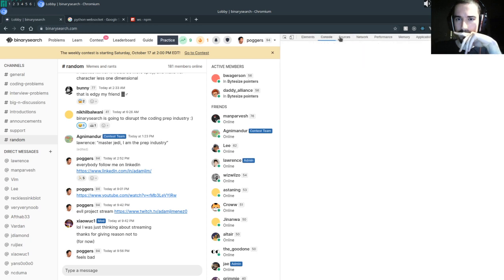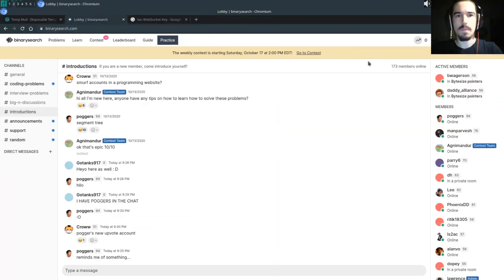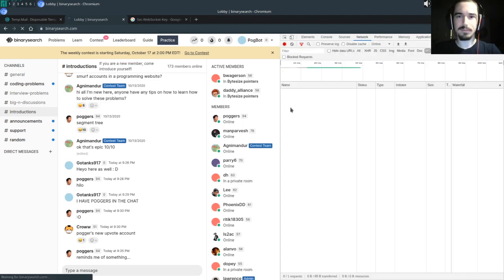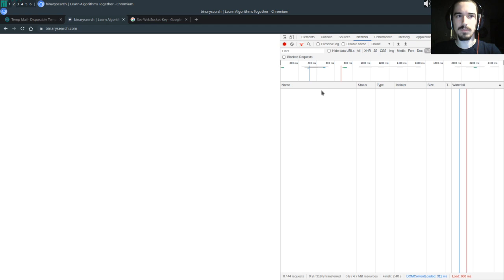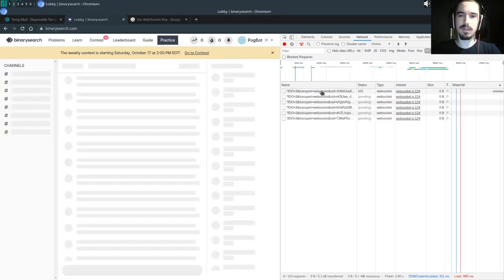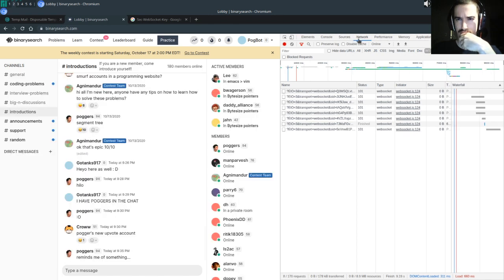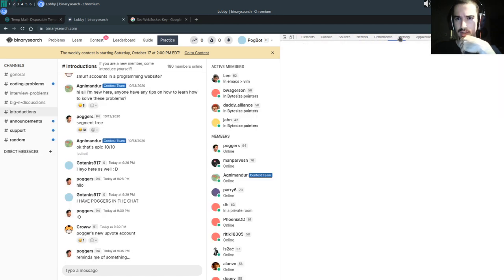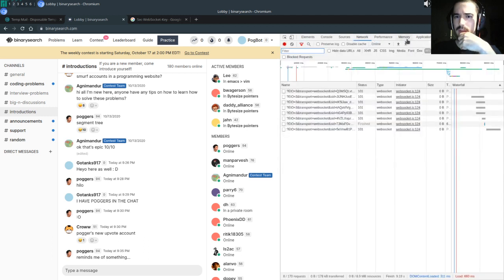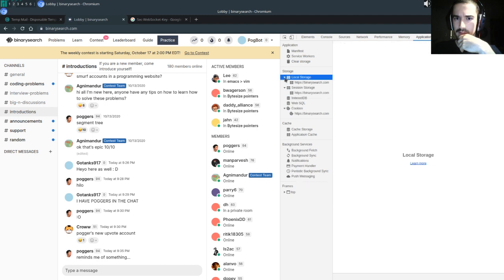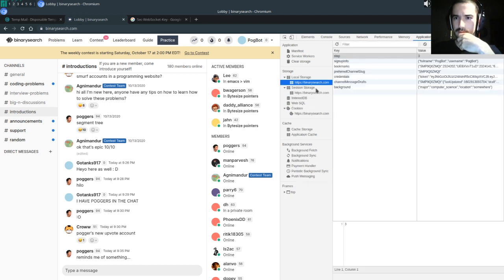So if we look, let's look here. The server needs to know who's typing the message, right? So usually there's the token that is sent with every request, but it's probably stored either in the cookies or in the local storage. Yeah, okay, so in the local storage,